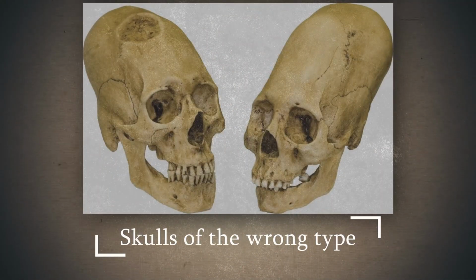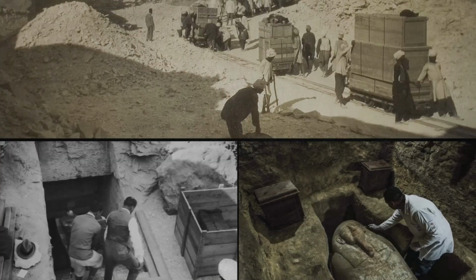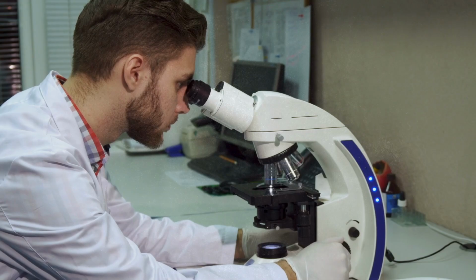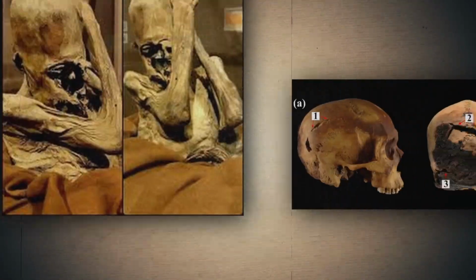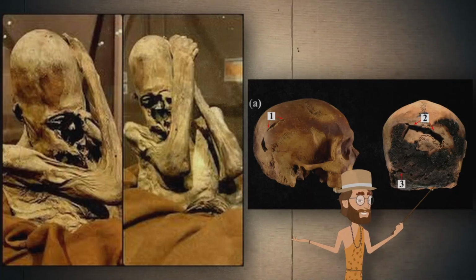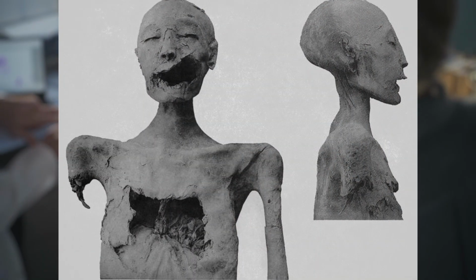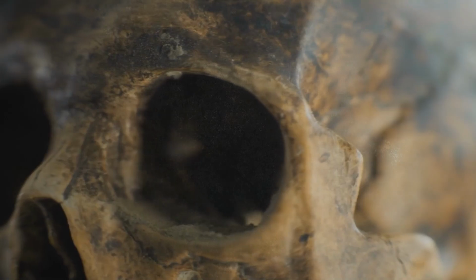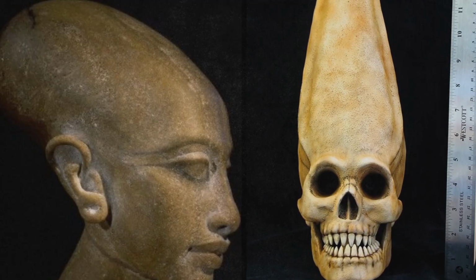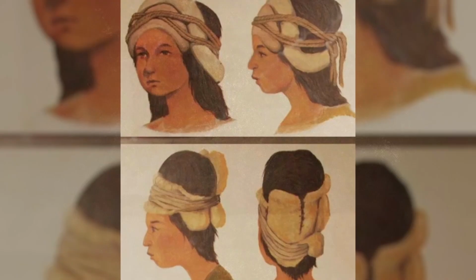Skulls of the wrong type. When archaeologists began systematically opening tombs in southern Egypt and Nubia at the beginning of the 20th century, they noticed something strange. Some of the skulls they found did not correspond to human anatomy. Yes, they had eye sockets, a jaw, a parietal part, but everything was abnormal. Elongated occiputs, disproportionately large brain cases, the absence of sutures that a normal skull should have. Some skulls were so elongated that they resembled cones, as if they had been artificially deformed, but no traces of